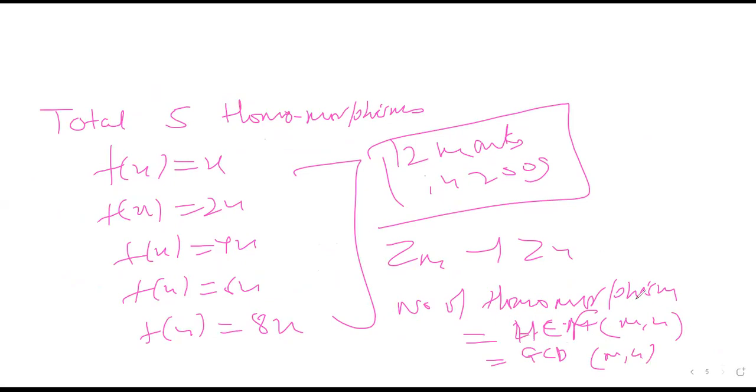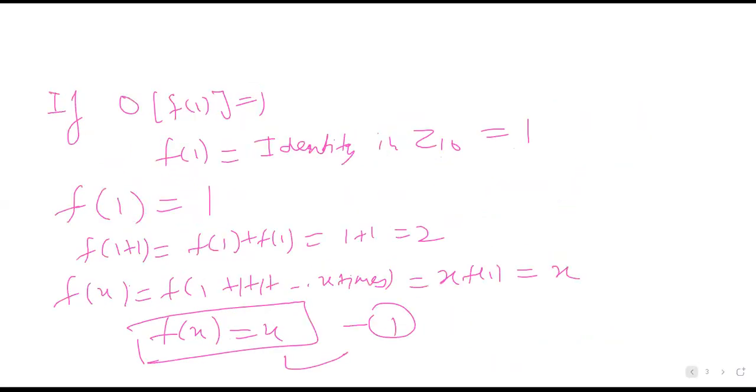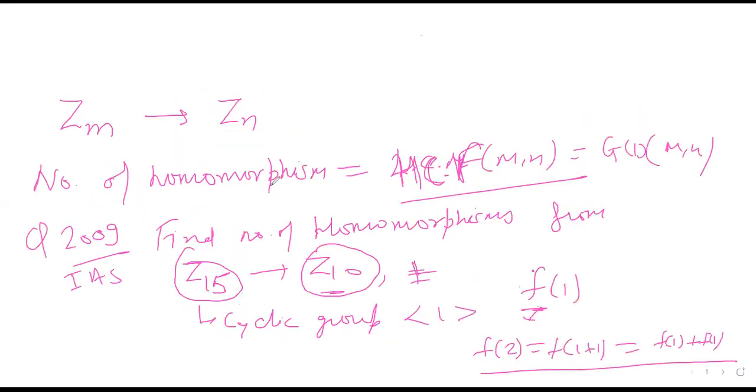So this is a very simple question, but you can't just write this formula and expect to get 12 marks for one line. This is the way to do it. So what is the logic? We know that Zm is a cyclic group. So if we are able to find the image of the generator, we can then derive the image of all other elements. Then we assume that F1 is a homomorphism.